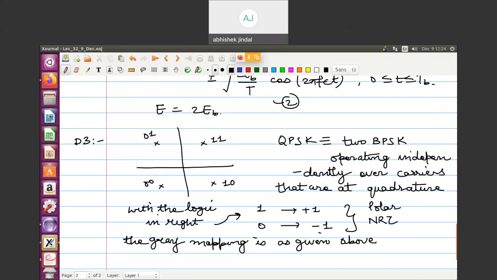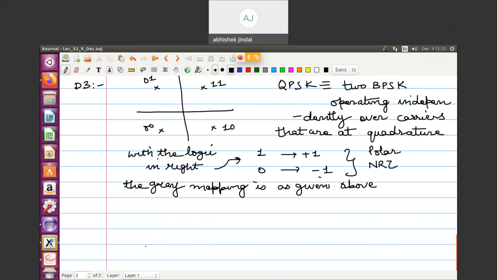Okay, in case you want to do a different sort of mapping, it means you want to say that this is my 00, then this is my 01, this is 10, this is 11. You have to use a different sort of plus-minus 1 mapping of 1s and 0s. So you do not have to use this polar NRZ; you have to use a different mapper, and that mapper would dictate a different sort of mapping which you will choose. So that is important. Okay, so for a different Gray mapping,